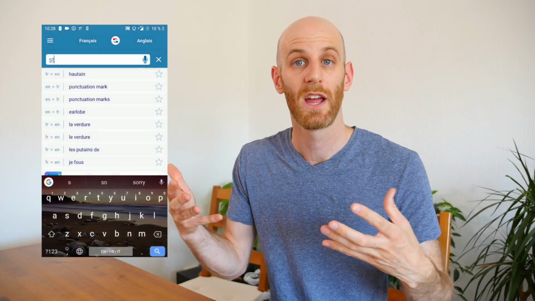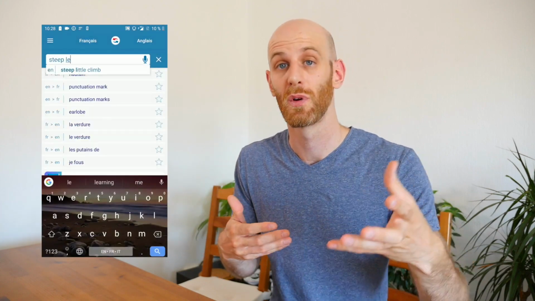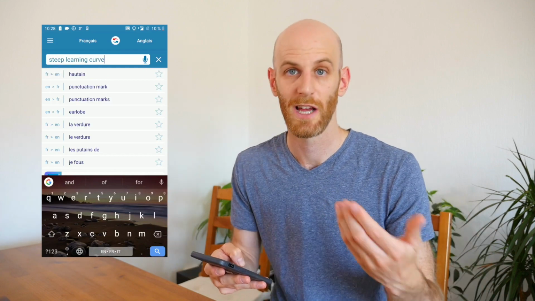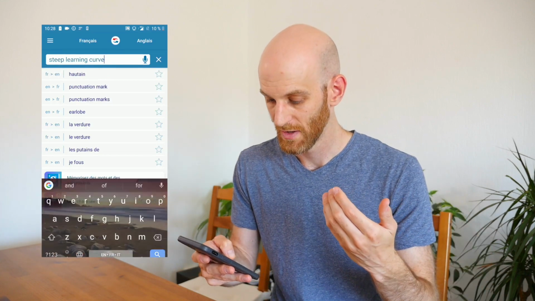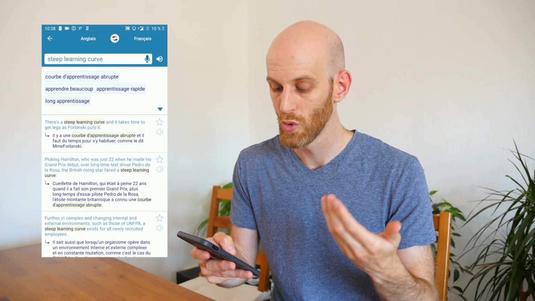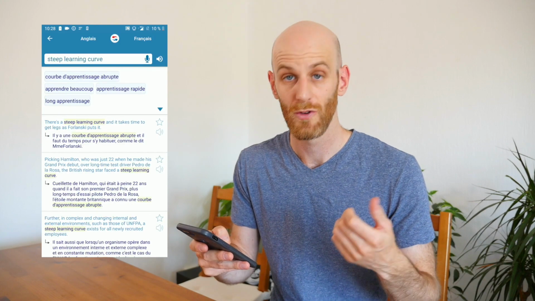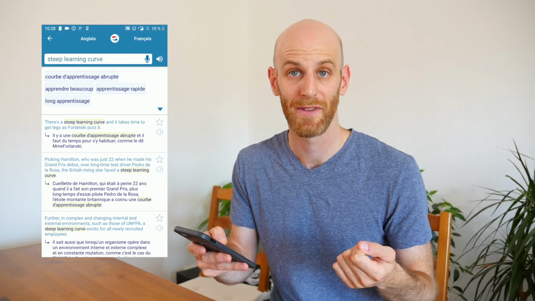The other day I wanted to say "steep learning curve" in French because I couldn't think of a different way or a better way or a more straightforward way to say it in French. So I looked it up on Reverso and I get this term, "une courbe d'apprentissage abrupte." And apparently this just isn't correct, because the person to whom I was speaking just sort of frowned and grimaced